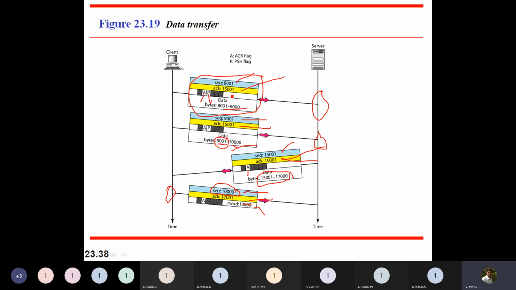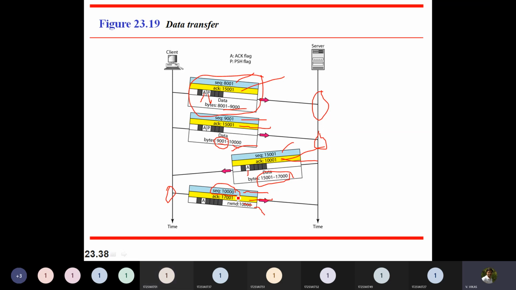Previously, when we were sending just acknowledgement, there we kept sequence number 8001 itself. We have not changed that one. If the sequence number is not changed, then the receiver will come to know that the data is not there. So don't think I am changing the sequence number from 9,001 to 10,000 here. That is not the change, because till 10,000 you have transferred already. So when I keep 10,000 here again, it means I am not having any data in this particular case. Is that particular concept clear?